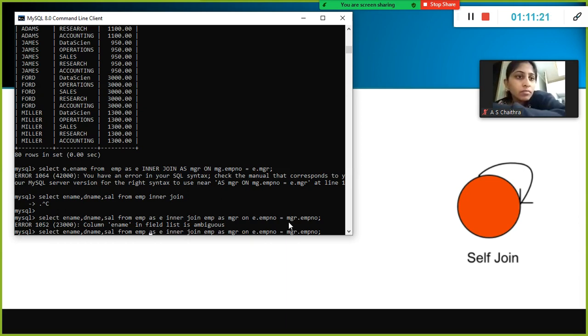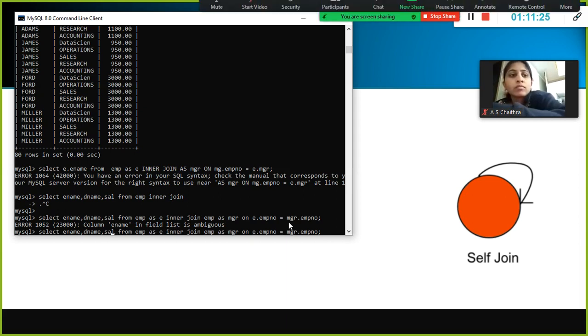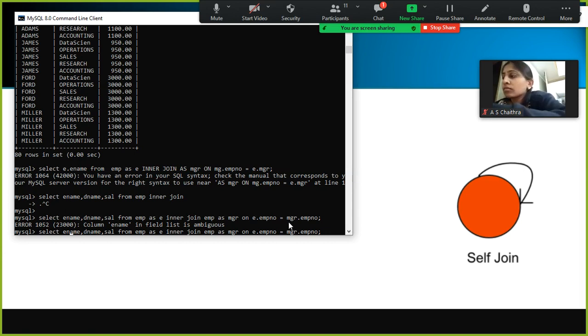Column in ename field is okay. Ename field, right? You need to say, so that's why you need to use the alias before your column name. Okay, and department name is not required here. Yeah, department number we can use.